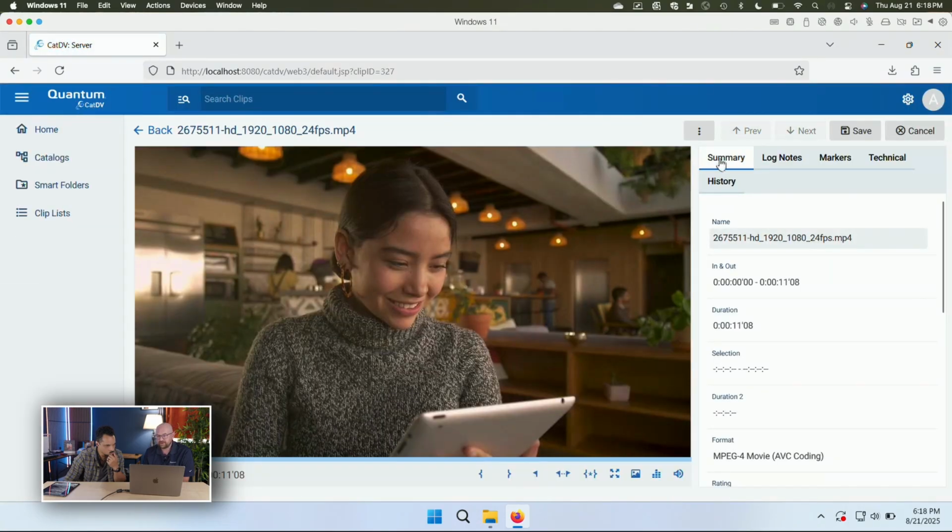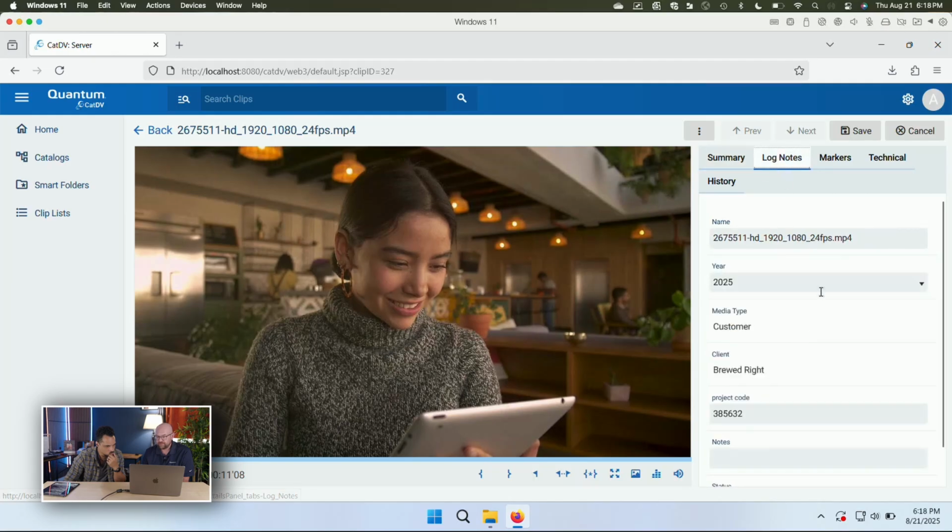So we're going to come back here and let's refresh our browser. And then now if we go to log notes, here we have the year, and you see this, we made a pick list, so I have those drop downs. If you wanted a person to do that one, we have the customer, the client, and the project code, and all of that came from our path structure. That's wild. And those are just examples from my demo here. Makes me feel awful from the way I've been doing it.